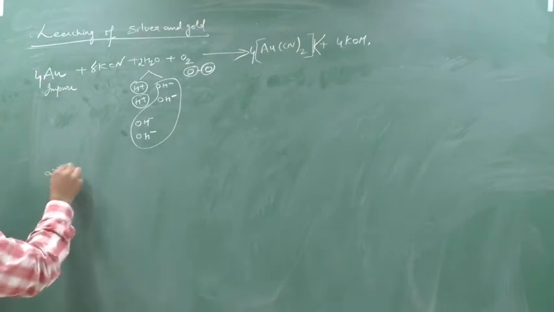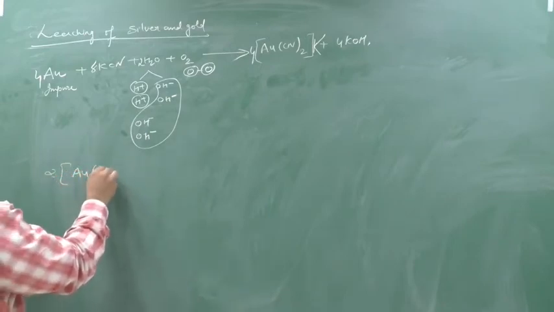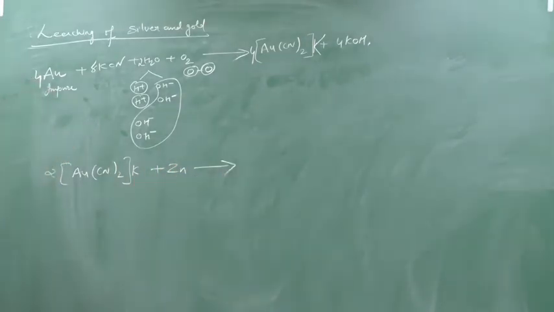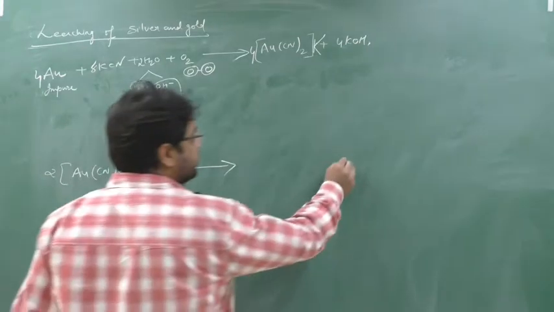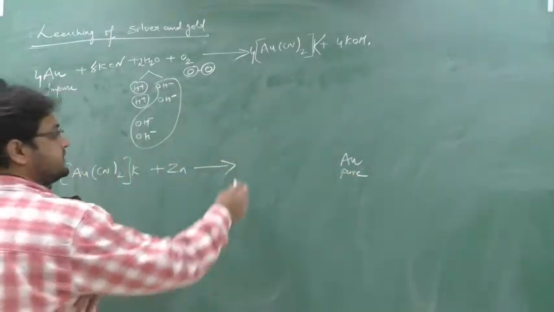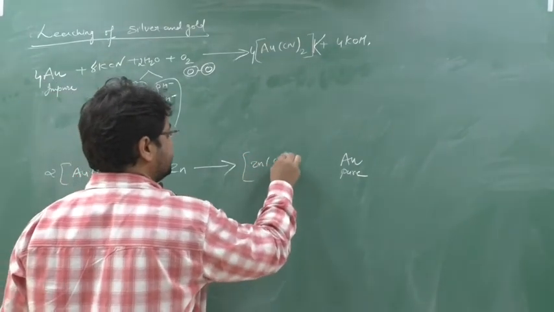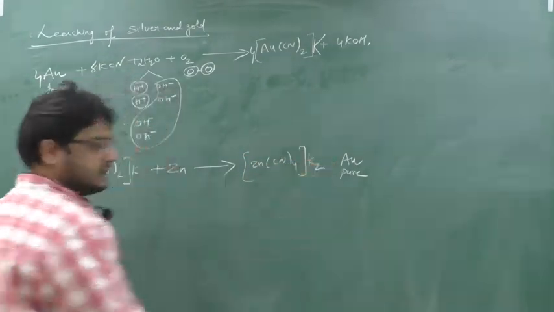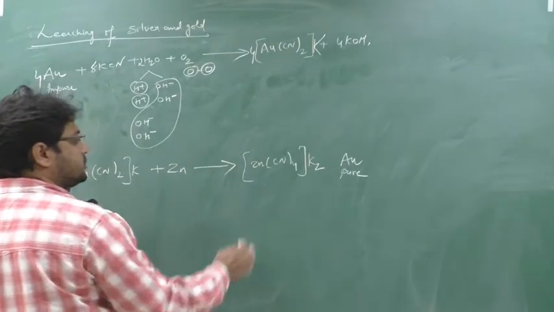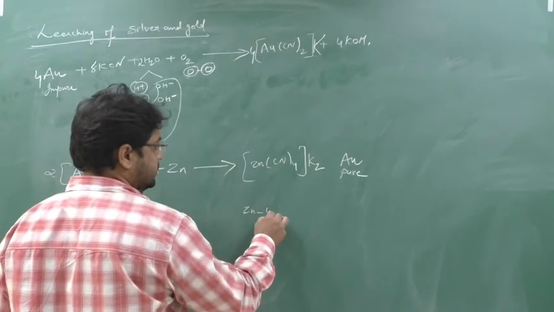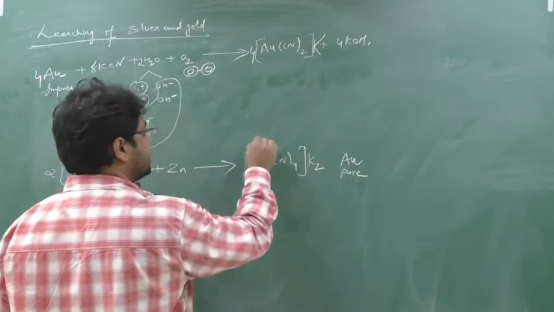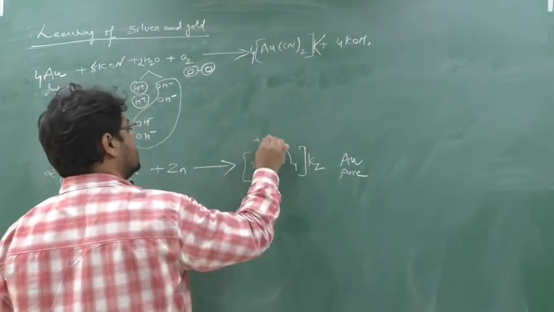Now I will take this. Out of 4 moles, I will take 2 moles of this portion, KAu(CN)2, and I will react it with zinc, and I'll obtain pure Au. So this was impure, I'll obtain pure here, and I'll obtain a complex of zinc. So zinc, K2Zn(CN)4. Clear this part? See, if I try to count the oxidation number of Zn: Zn minus 4 equals plus 2, so Zn is equal to plus 6. Here Zn is coming positive, yes or no? Here Zn is 0.